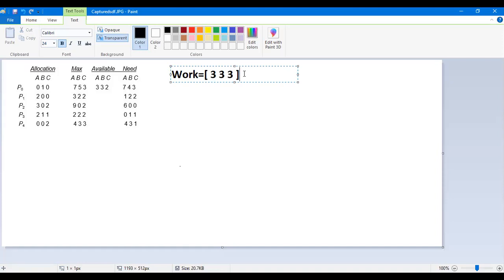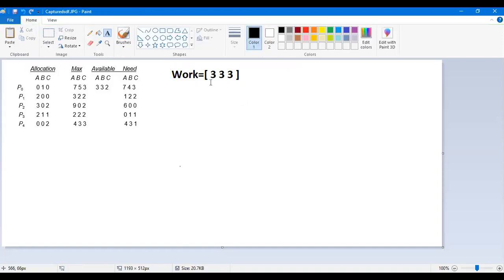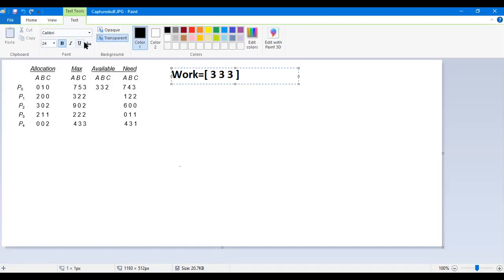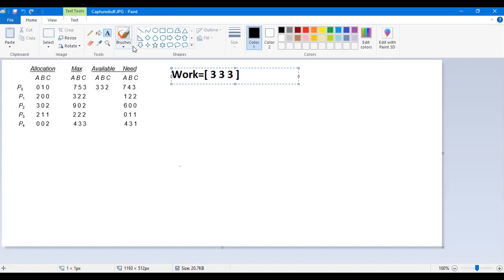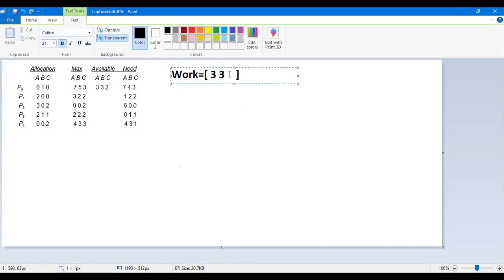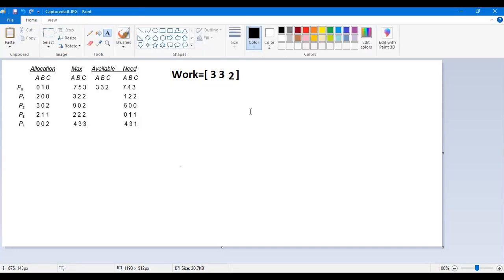Everything should be clear to you. Work is now 332.